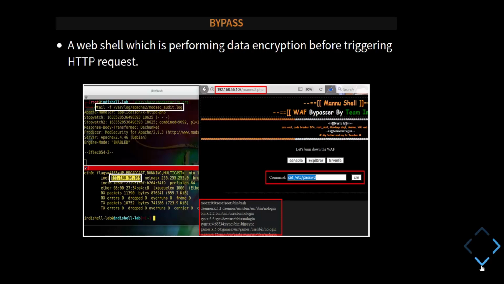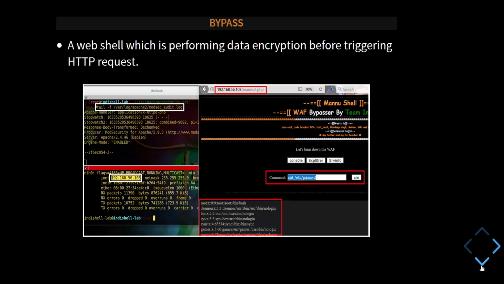In this case, what I am going to demonstrate is that these types of instructions can be bypassed if the WAF is not able to inspect the incoming requests, and that can be done if our incoming request data is either encrypted or encoded. I am not going for encoding, but actually for encryption.